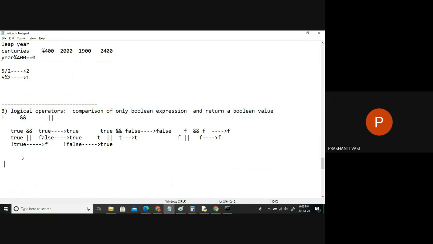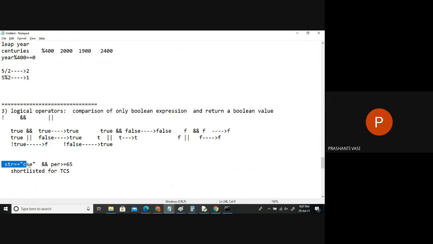Just like for an interview criteria, they're checking that the stream should be CSE type. They're only selecting the CSE students, and their percentage should also be more than or equal to 65. Then we get a message saying shortlisted for the TCS round. Okay, something like this. So here, how many criteria are we giving? The stream is checked first. Is the stream CSE or not? And second, what are we comparing? Percentage also. So two things are compared.